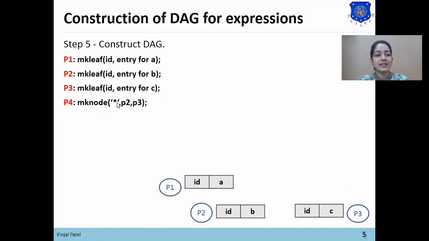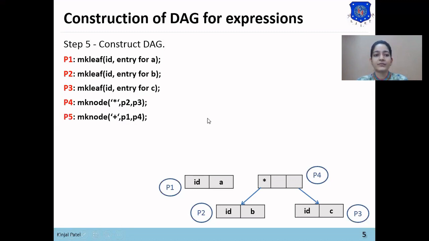Now the next node is star. So now the subtree for star will be created. The star node has been created and the left child of this star is P2 and the right child of this star is P3. And this star node will be named as P4. Now the next function is for plus.